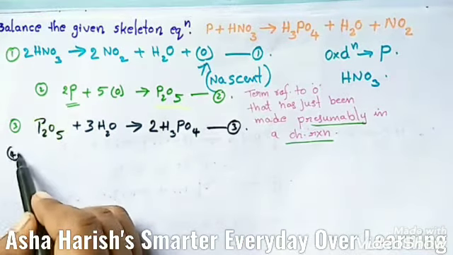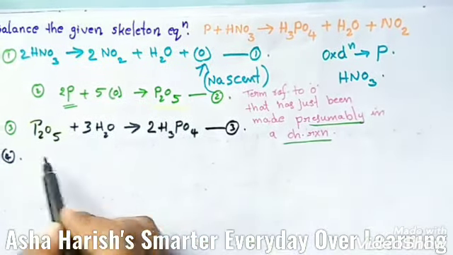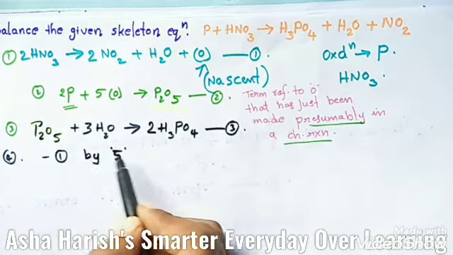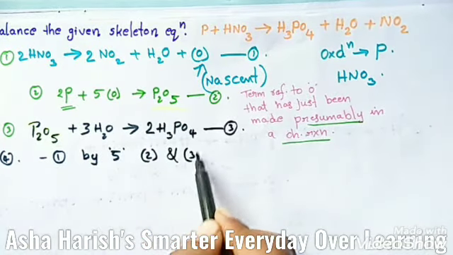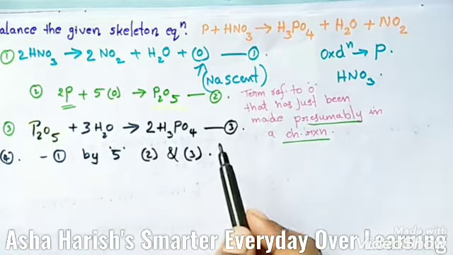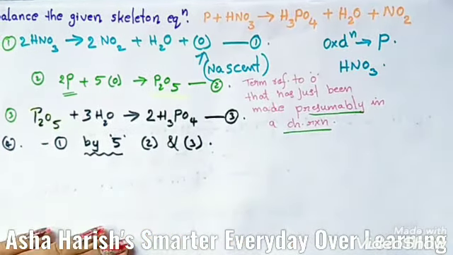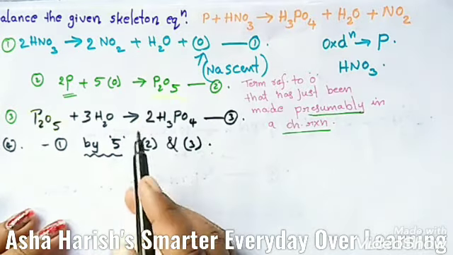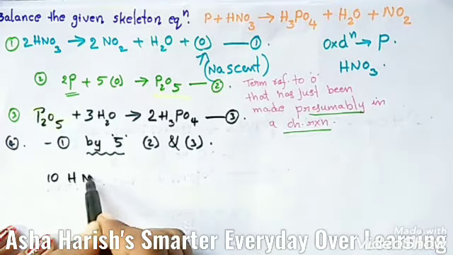Now in step 4, to cancel the intermediate products, multiply the partial equation 1 by 5 and add it to equations 2 and 3. Now we have the final equation. This one you can remember, multiplying by 5. Okay, now HNO3, here is the starting equation. 2 into 5, 10 HNO3